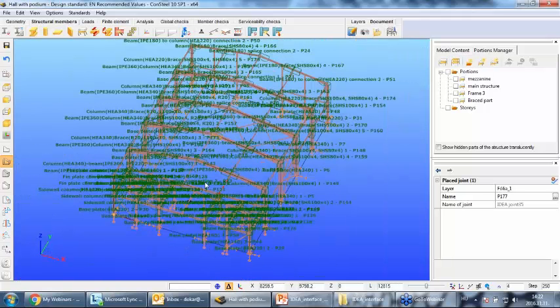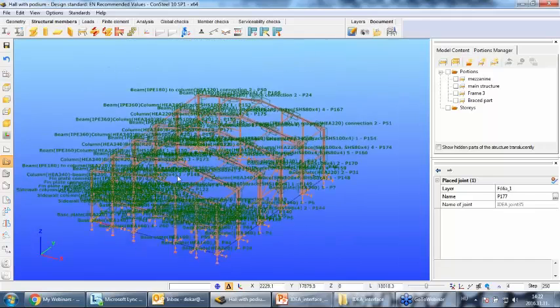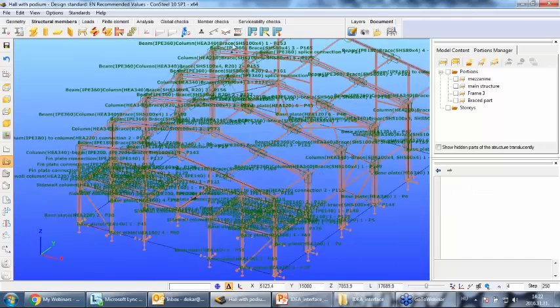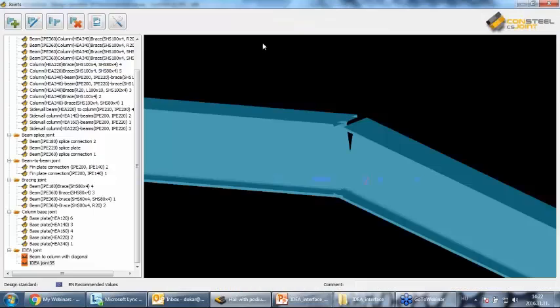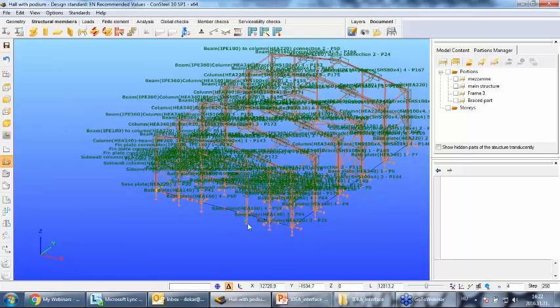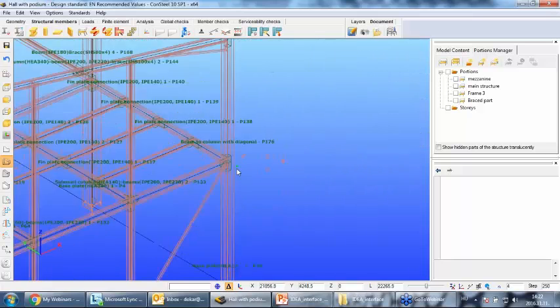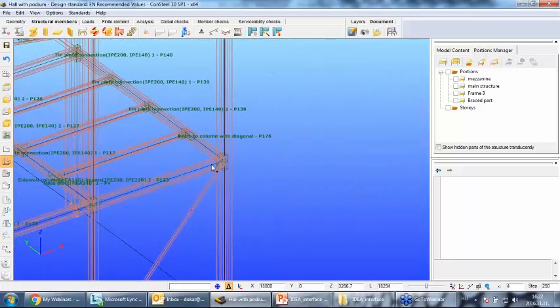This model is a 3D model. We have several placed CS joints, but there were some joints that we wanted to design in IDEA Connection. For example, I want to design this joint at the corner. I already placed an IDEA Connection joint in this place,